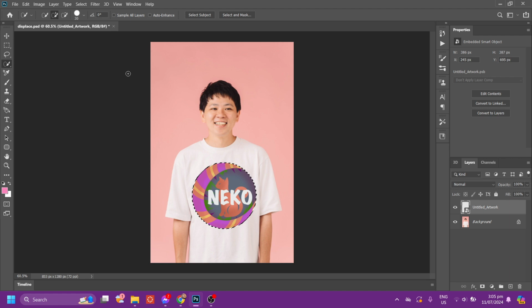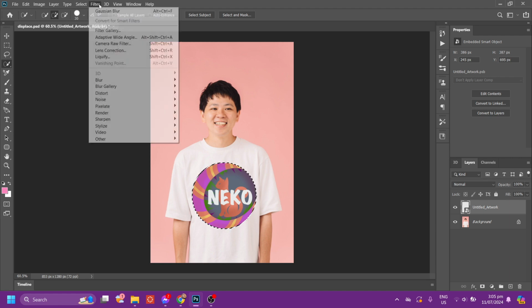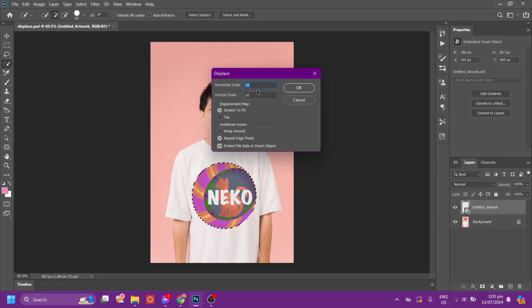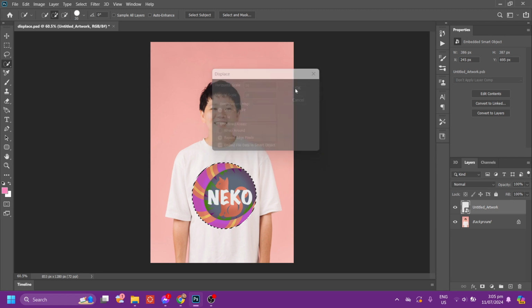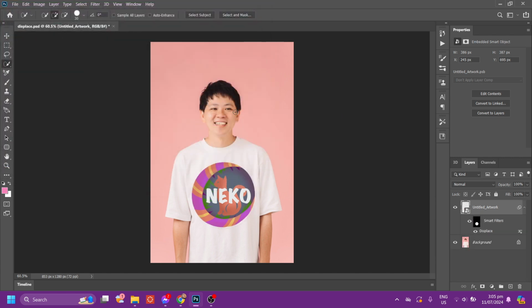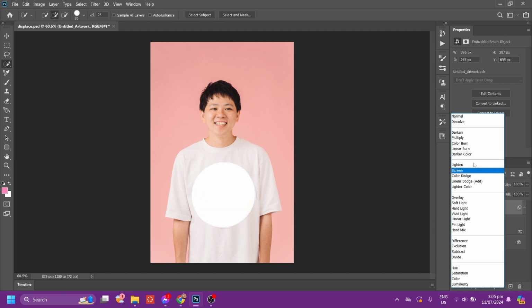Now go to Filter and then select Distort and then Displace. Now make sure the horizontal and vertical scale is on 10 and then select the previous file we saved. Now after that, change from Normal to Multiply